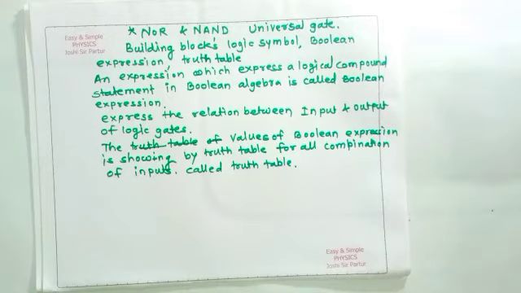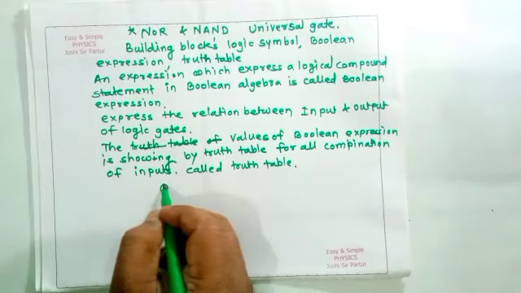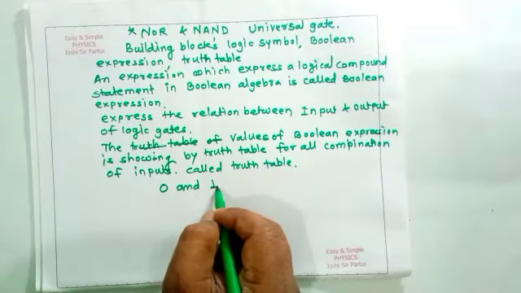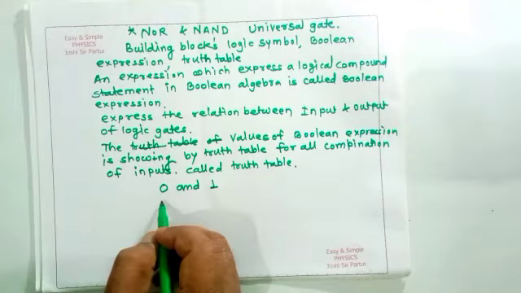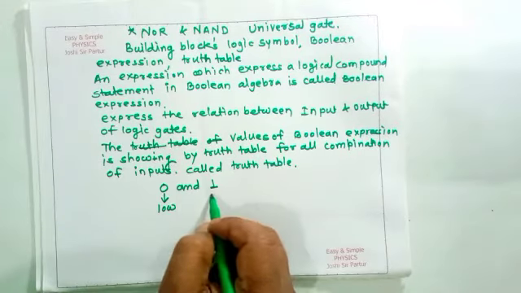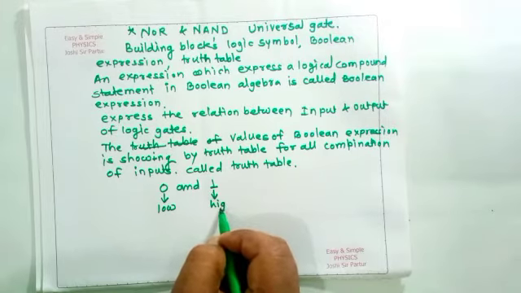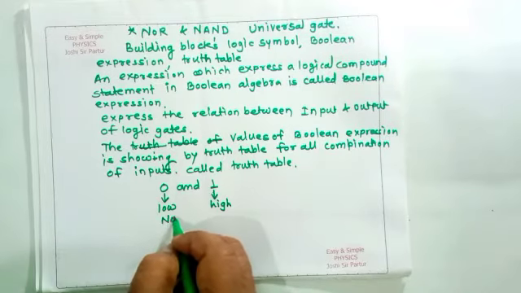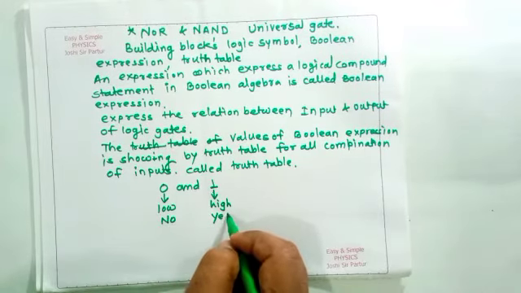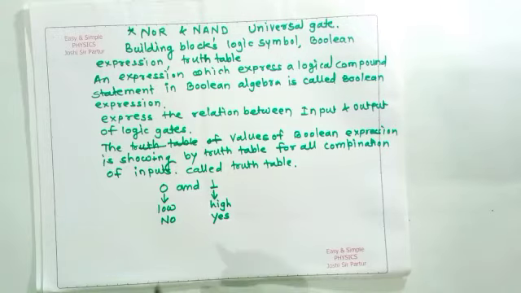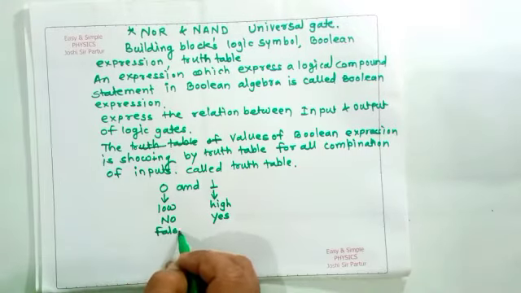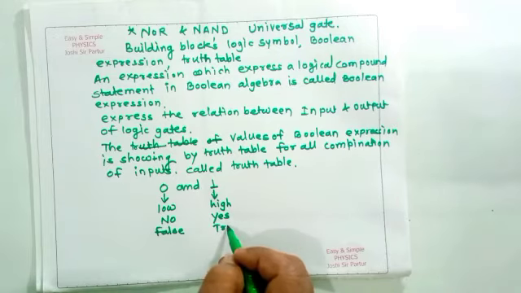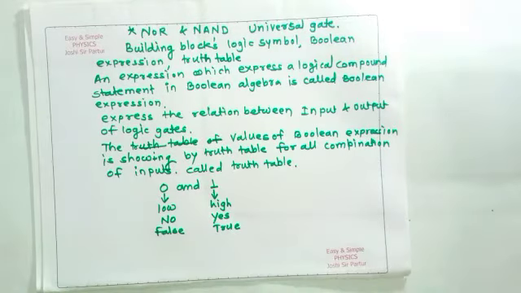This truth table can assume only two possible values, 0 and 1. 0 represents low, 1 represents high, 0 represents no, 1 represents yes, 0 represents false, 1 represents true. So using these two values,